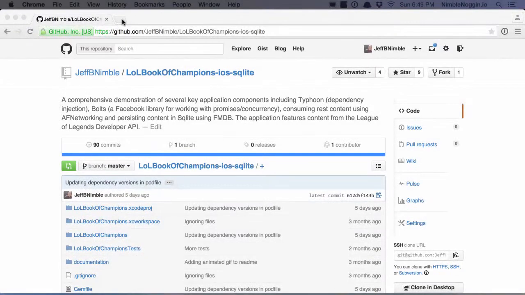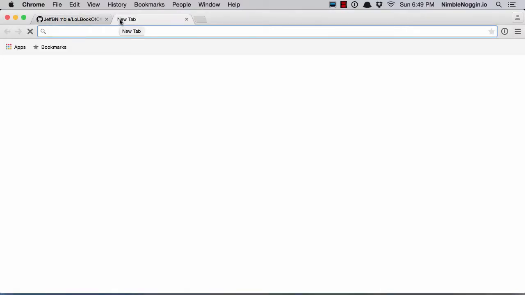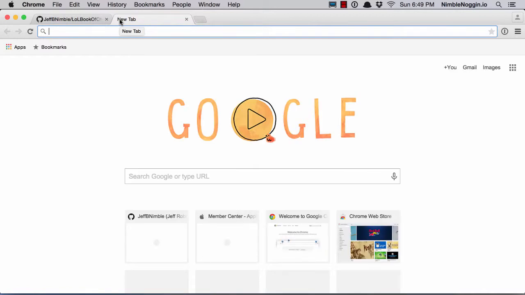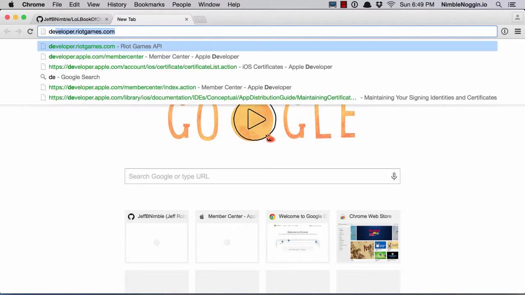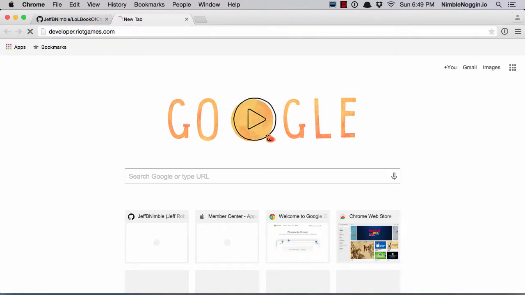The last thing I wanted to show you before we dive in and look at some of the details, look at code and look at some of the libraries that I used, is to show you where I'm getting the data. The data comes from the Riot Games Developer API. They provide an API free of charge to consume all sorts of data about the game. I'm going to go ahead and go to the website,